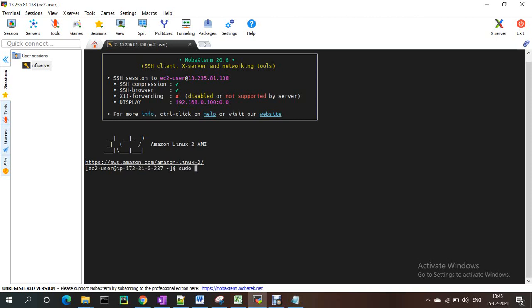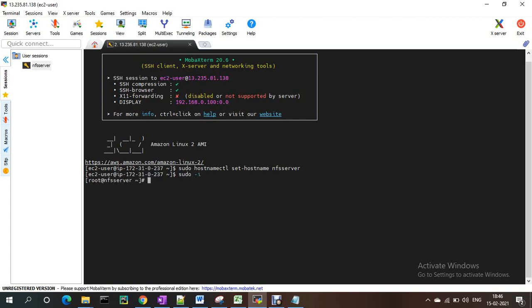I'm a normal user, so I use sudo hostnamectl set-hostname nfs-server. If I do sudo -i, it will change to NFS server.